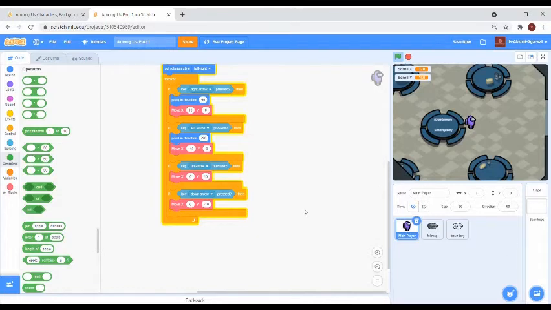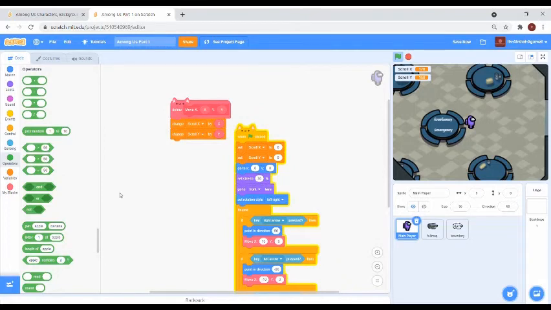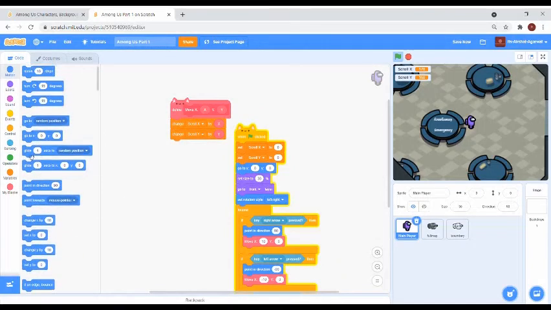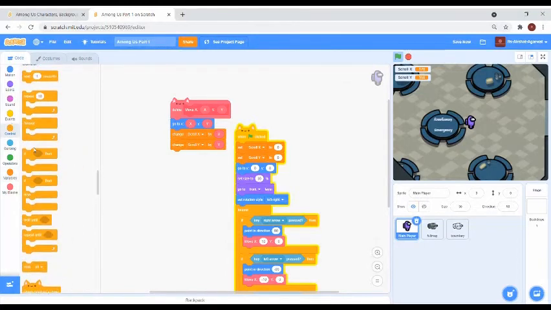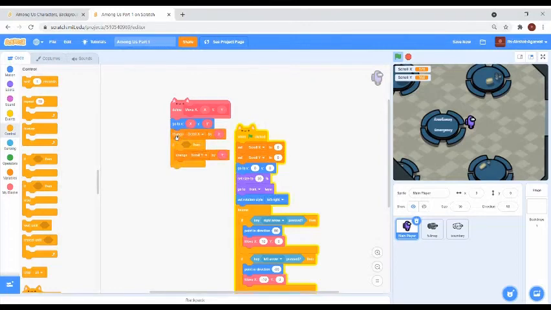in the define block, which is here, we are going to keep it in the motion. Go to x y block and we will put the values as x y, so it will be go to x x y y. Now what we are going to do is go to controls and use the if then block, and we will put these change scroll x by x and change scroll y by y in the if then block.